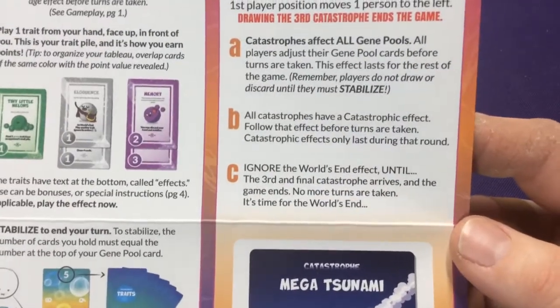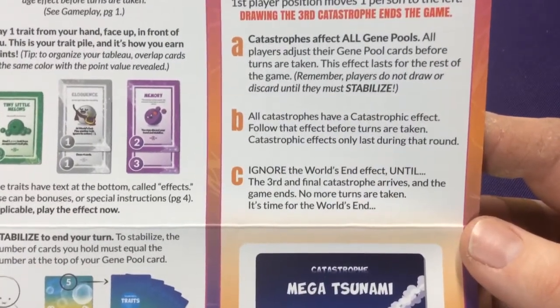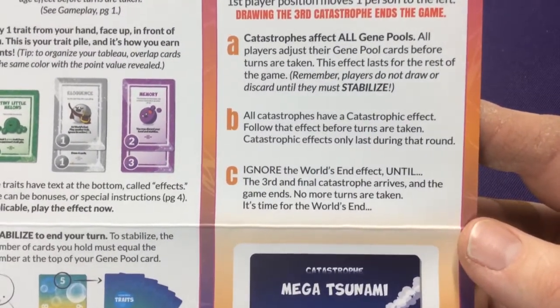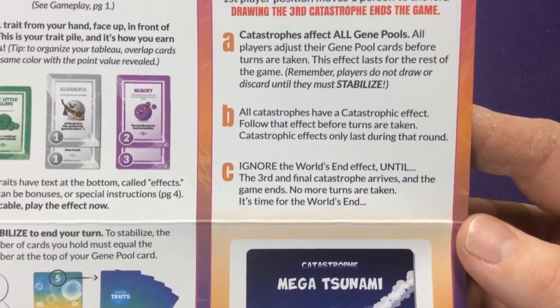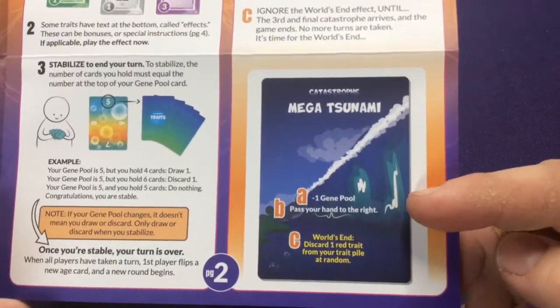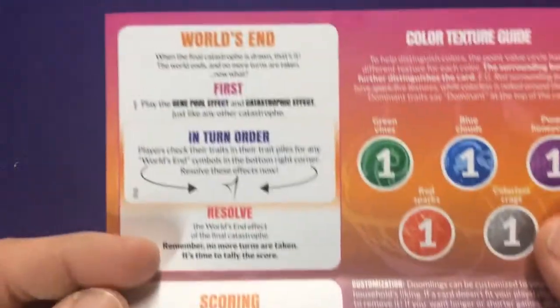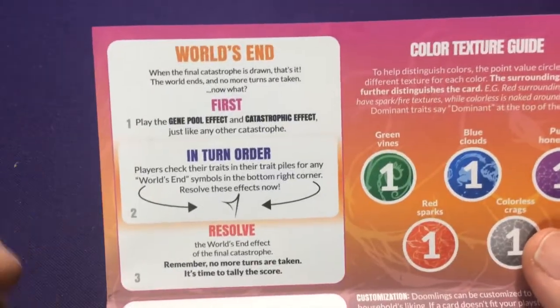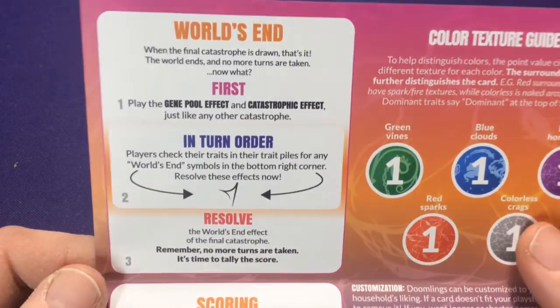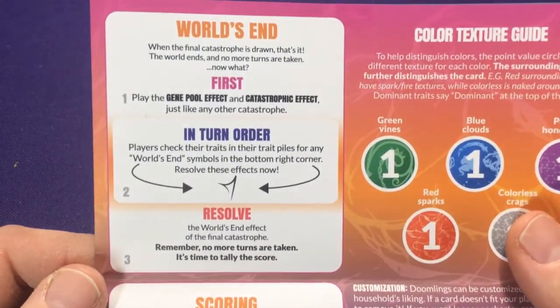All catastrophes have a catastrophic effect. You follow the effects before turns are taken, and then ignore the world's effect until the third one hits. So do A, do B, then do C if it's the third one, otherwise skip it. If it's the World End, first do the regular two, then in turn order,